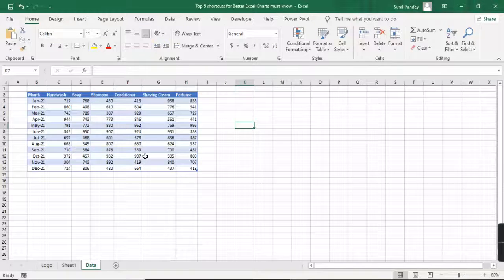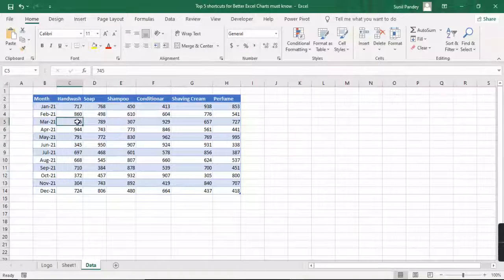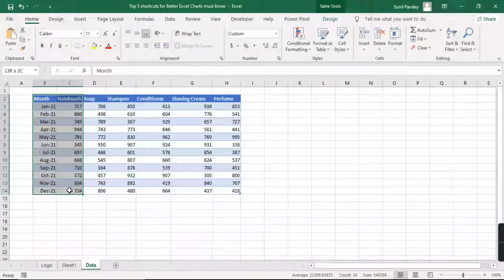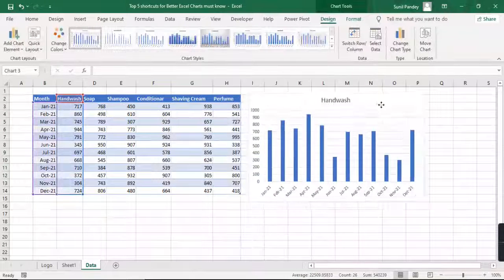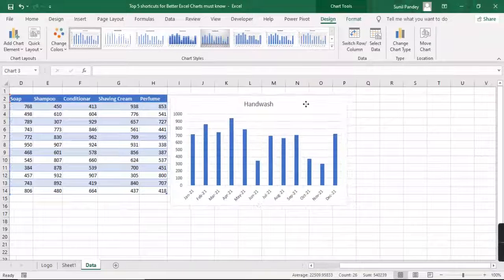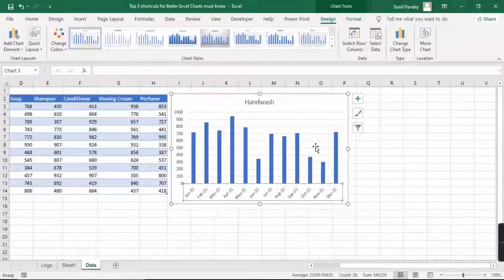Okay, so we have a data like this. Month and the product. Okay, so let's insert a chart first. Okay, so I have inserted a chart like this, and suppose I want to format the particular area within the chart.